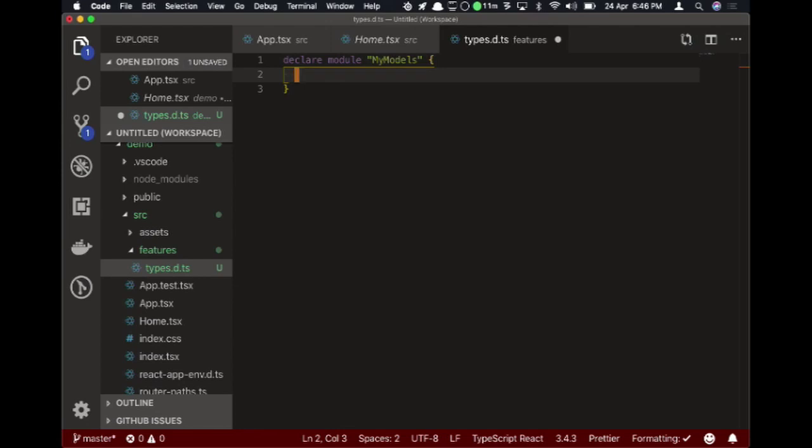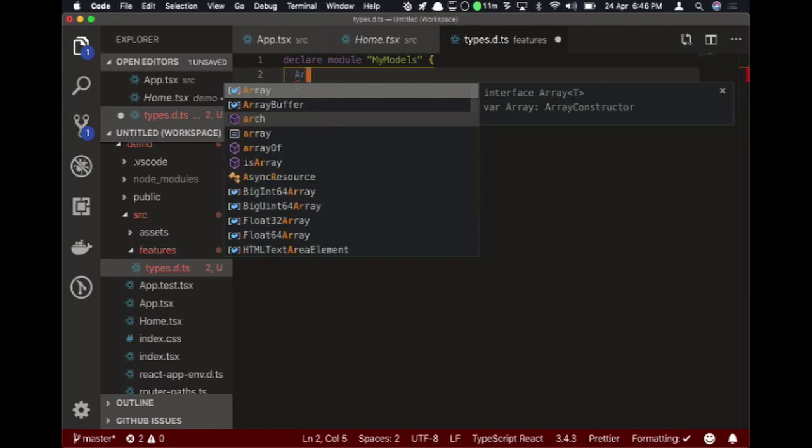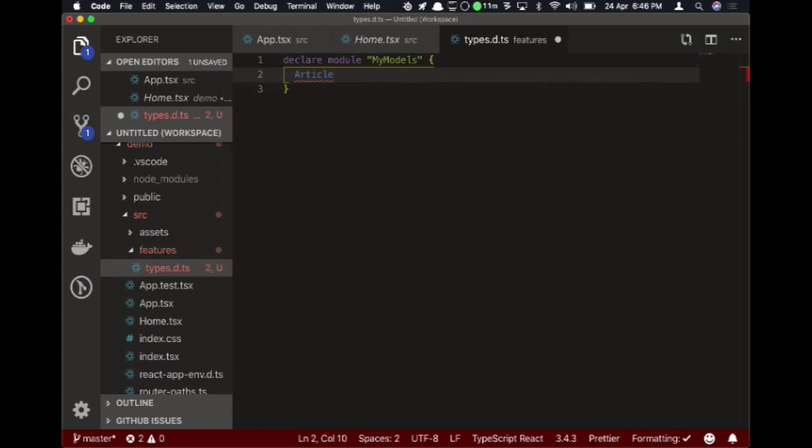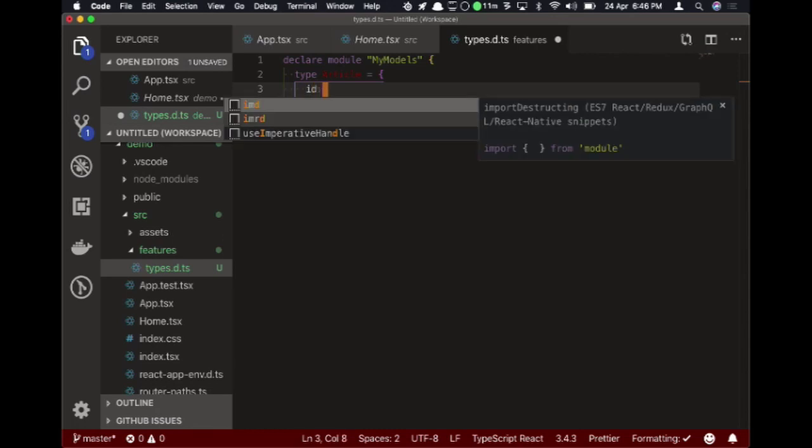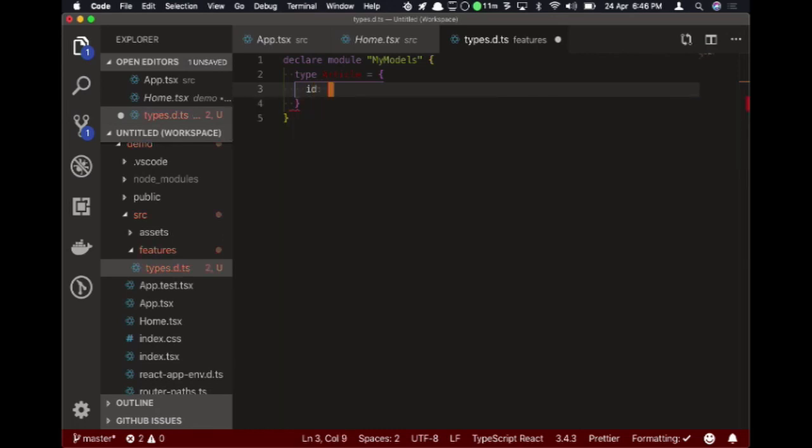And I create an object that I will be working with, so it will be an article type. And we'll have some properties here. So I have like ID,